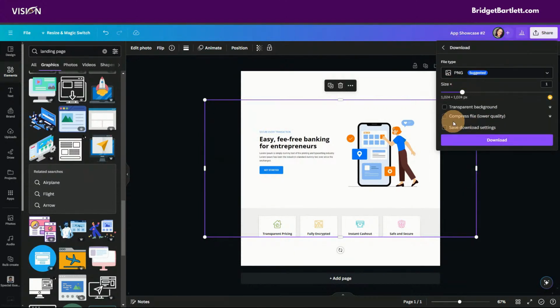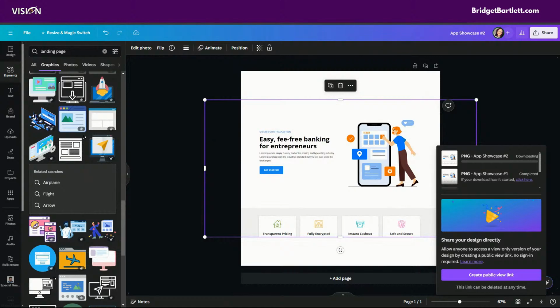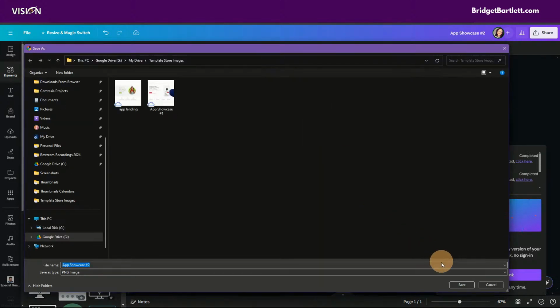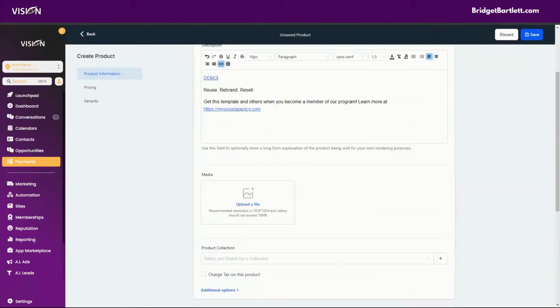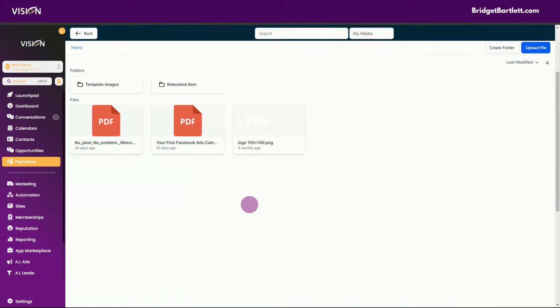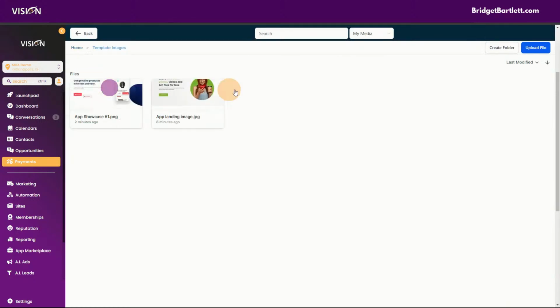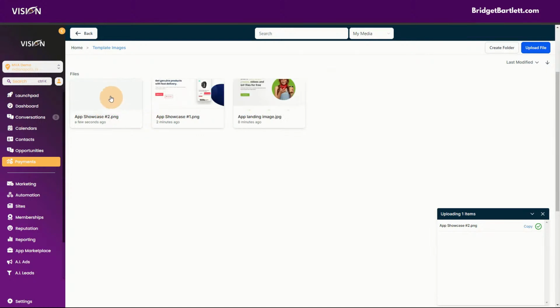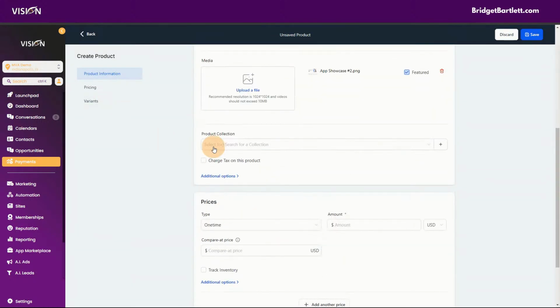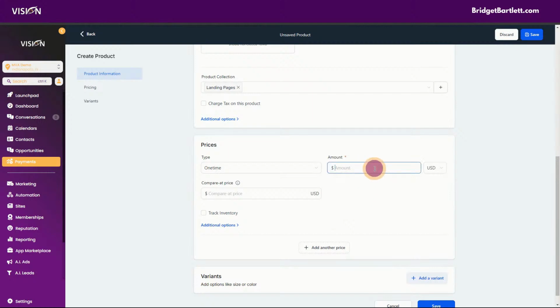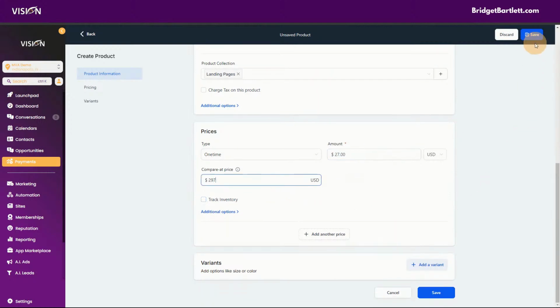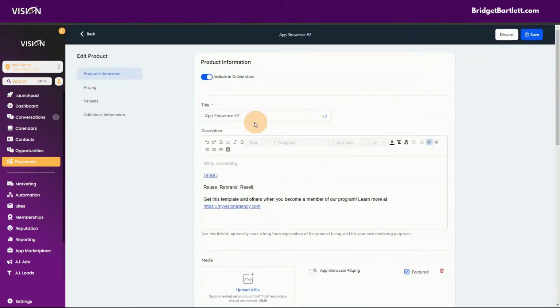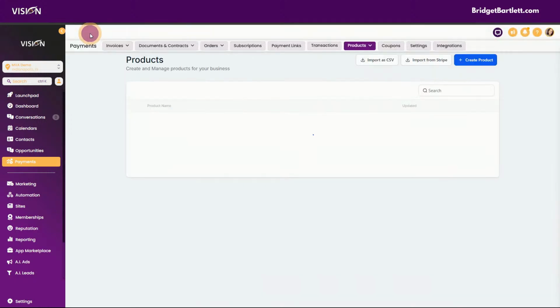Let's download as PNG and compress the file size and save. And let's go back here, and we're going to click here to upload our image. We're going to click here in the folder, and we're going to drag our image that we just created here and double click. Now we have our image there. And of course, this is a landing page again. And we're going to say 27 bucks and compare to 297 and save. So now we have 3 products that we've created for our templates